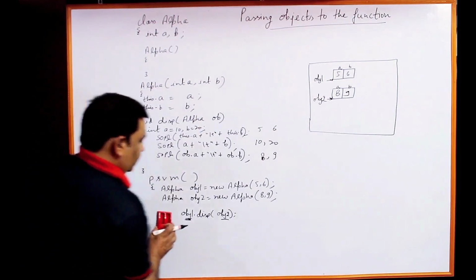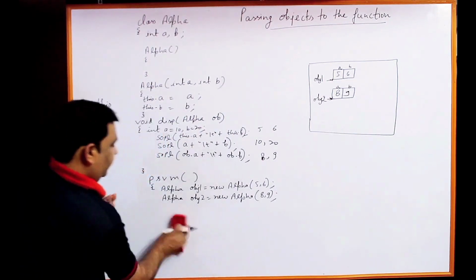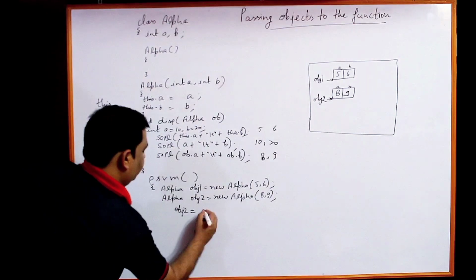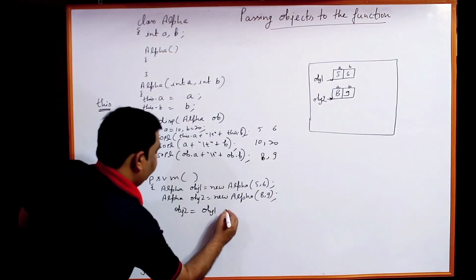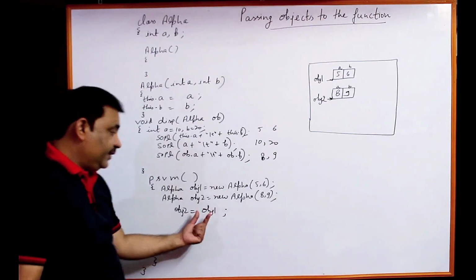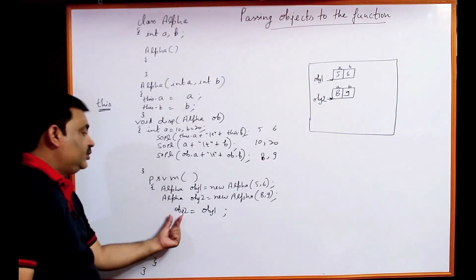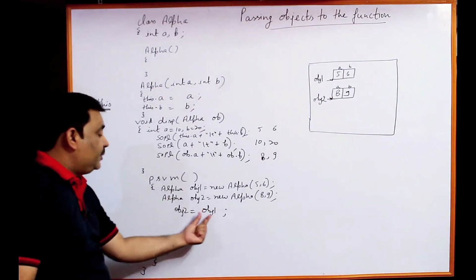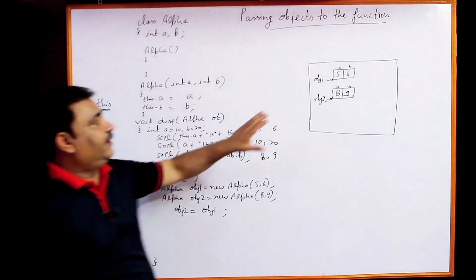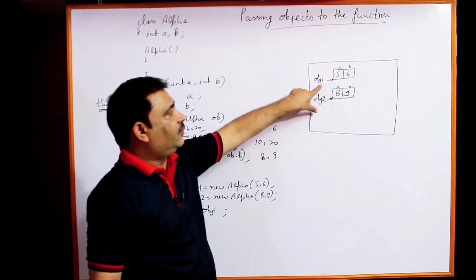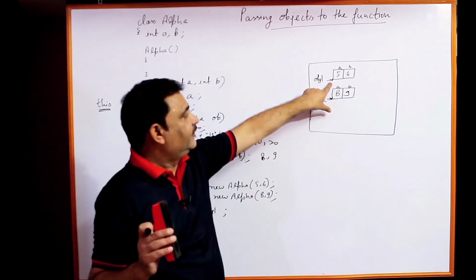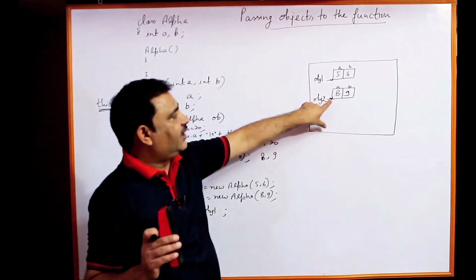Now if I write obj2 equal to obj1, what will happen in this case? When we try to copy the values of obj1 into obj2, this is not the right way. This will copy the reference of obj1 into obj2. I have told you earlier, when an object is created, each object has one address or reference, cell address, and here obj2 has its own cell address.